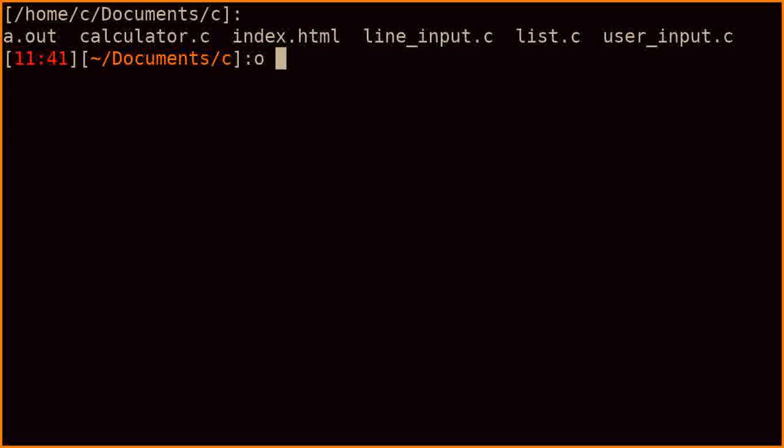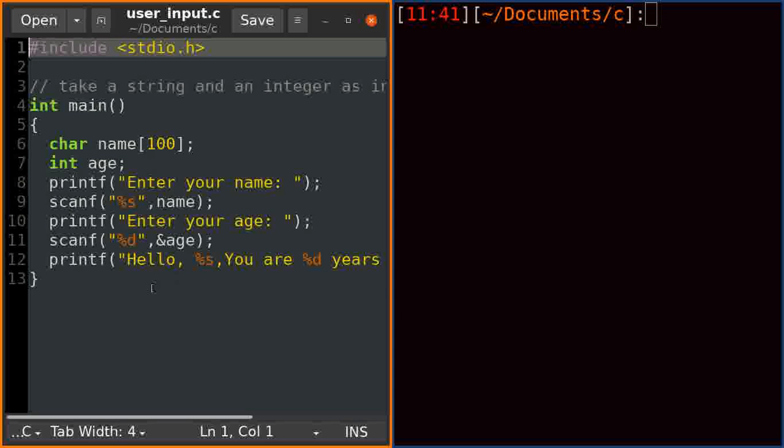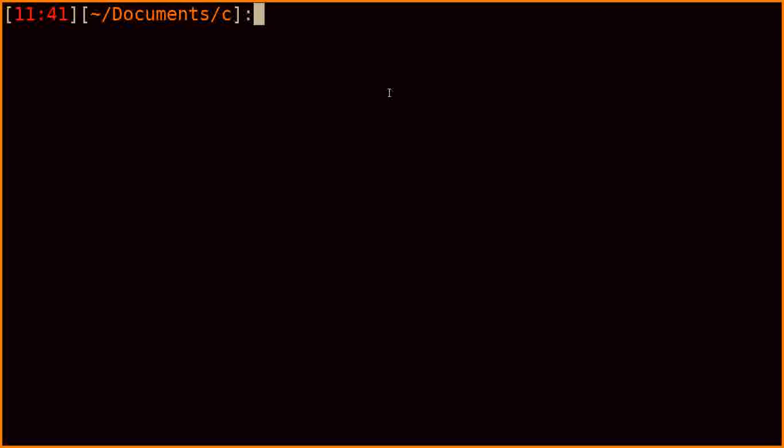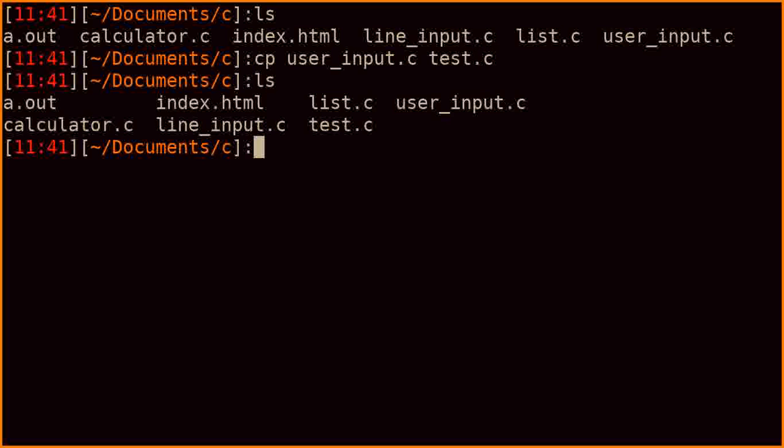And if I use o to open not index.html because that ain't C, but let's say user input, I will see it in the text editor so that I can see what's inside of this script. I want a copy of it, so I'm gonna do cp user input C, and we're gonna make a copy of it called test.c. So now we have our test, and I'm gonna make a directory called test, and then I'm gonna move test.c to the